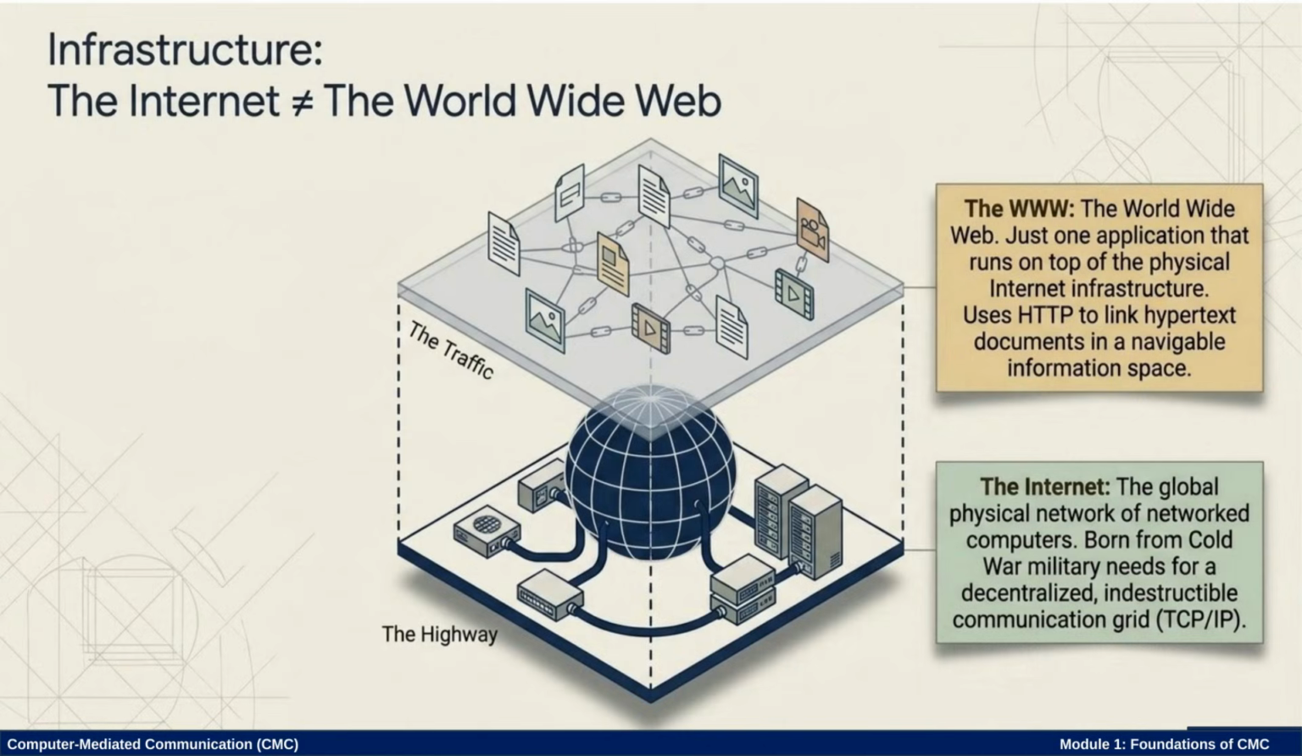TCP/IP. Above that highway, we have the World Wide Web, the traffic that travels on it. The web is just one application that runs on top of the physical internet infrastructure. It uses HTTP to link hypertext documents together in a navigable information space. Think of all the pages and links you click through every day. So remember, the internet is the road. The World Wide Web is only one kind of vehicle driving on that road. Email is a different vehicle and online gaming is another, and all of them travel on that very same infrastructure